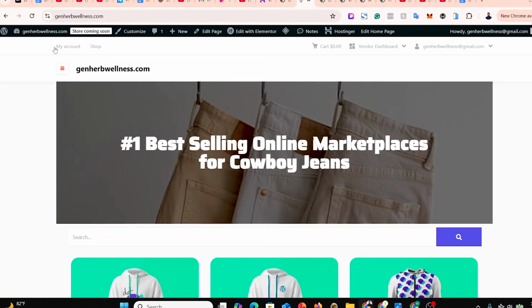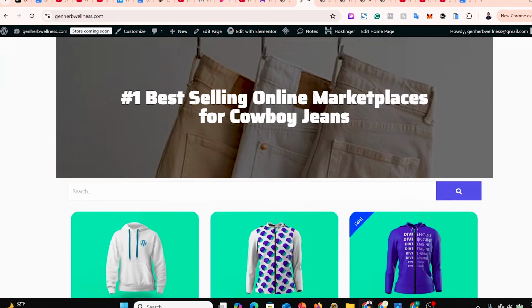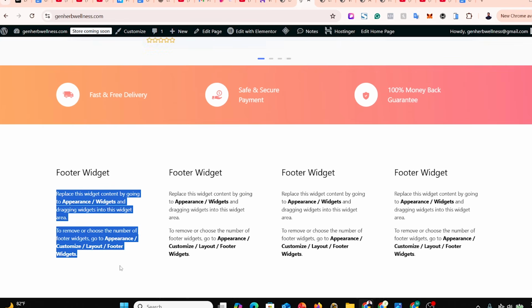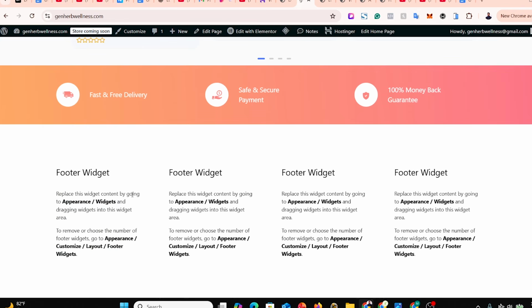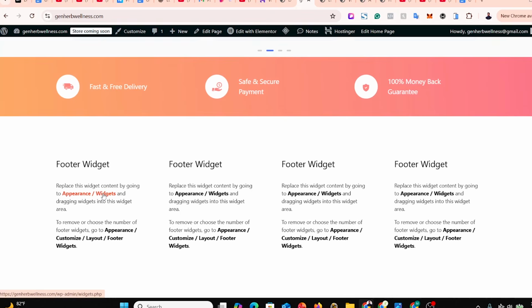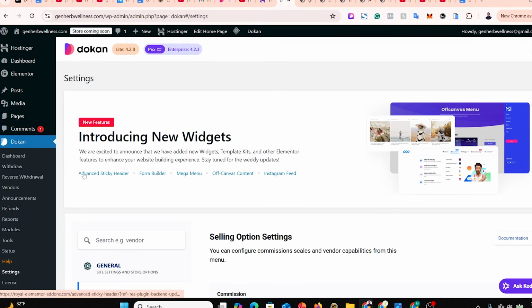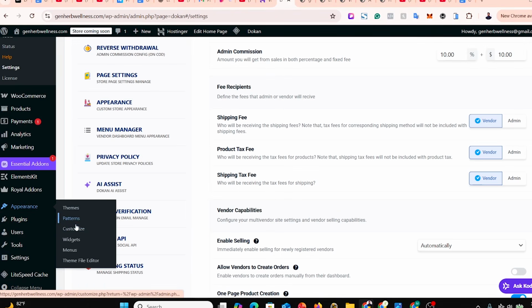Okay, so now that we have added this top menu, the next thing we might want to do is update the information in the footer widget. It actually told us how to do that, just by going to appearance, widgets, and we can drag and drop what we want to be there. So all we have to do is go back to our dashboard, click on appearance and go to